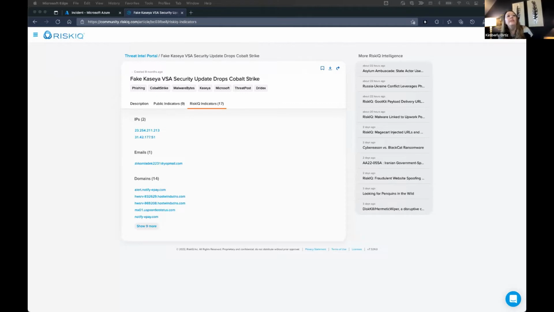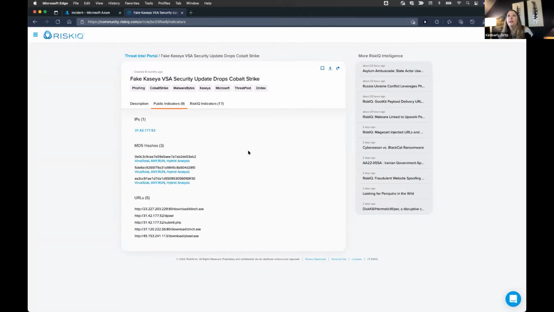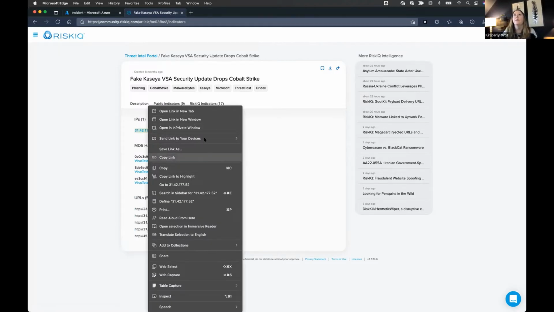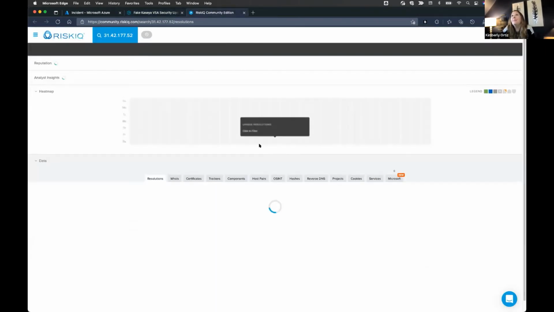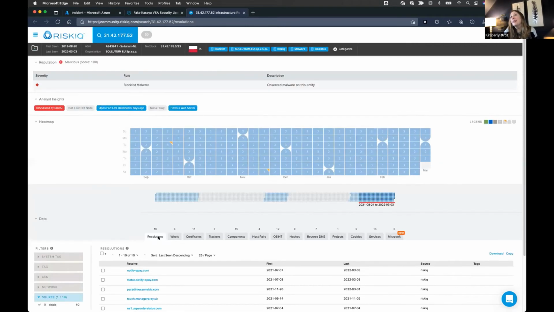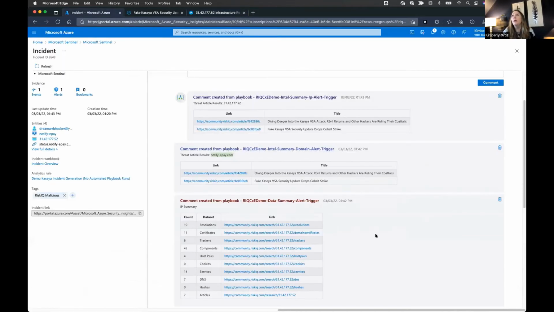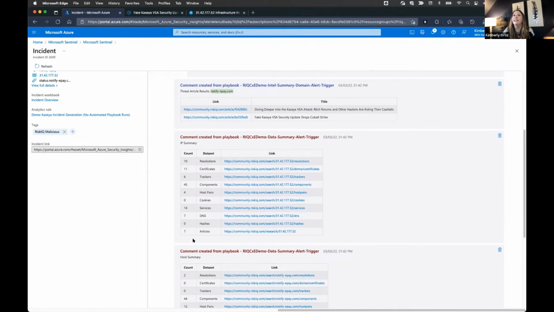So what I'm going to do now, I'm going to drill in on this IP address and open it up in our classic interface. So let's make sure I do this correctly. Like Benjamin was mentioning earlier, all these data sets across the top, you take a look at the number of counts that we have for each one. And if you were to go back and compare this to what was written to our comments, these numbers should match up. And each of these links would just dump you directly into that tab.